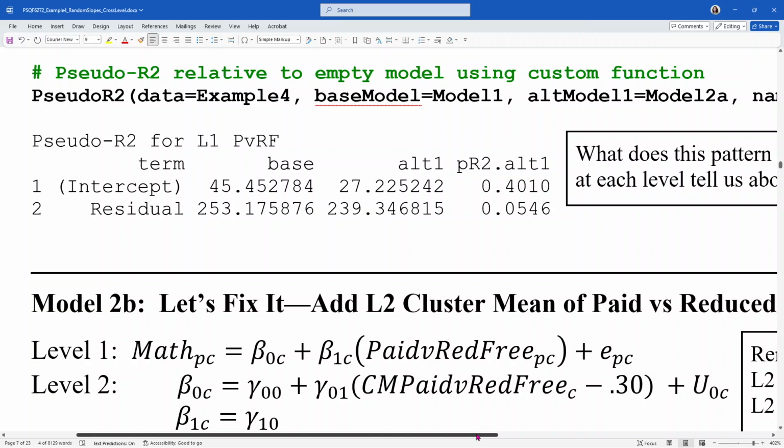Well, total R squared is just how much, the way I think of it, is how much variance your model explained. Total R-square is how much variance did my model's fixed effects explain, period. Pseudo R-square is, then,